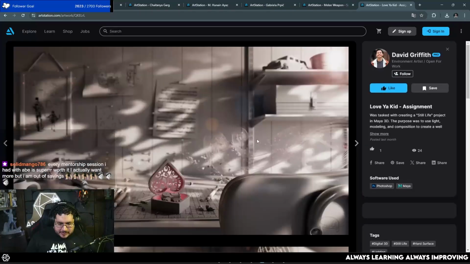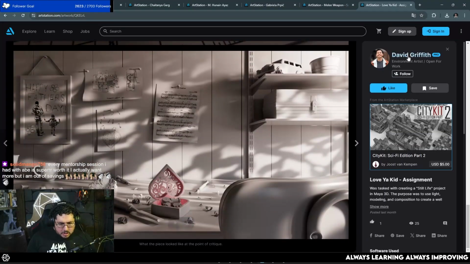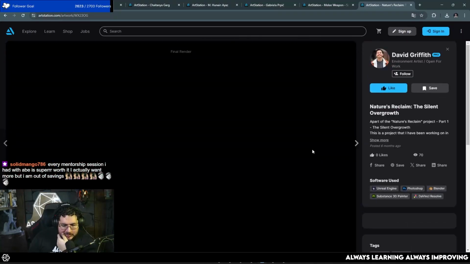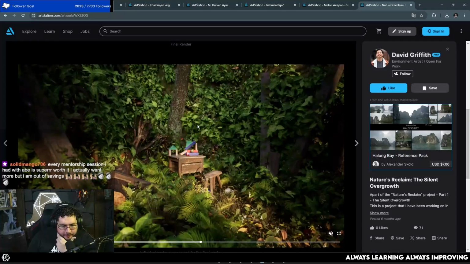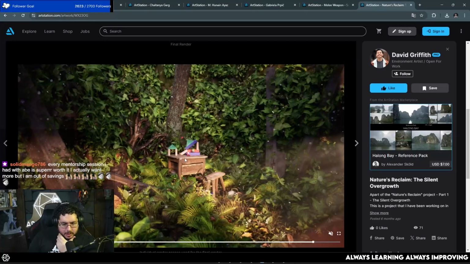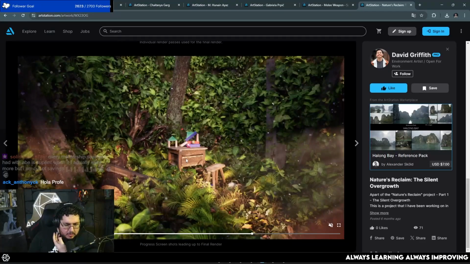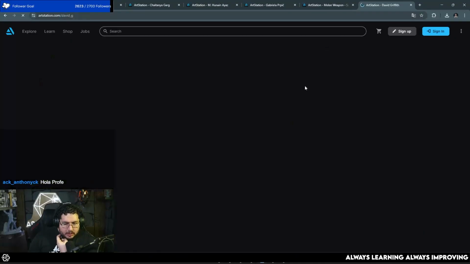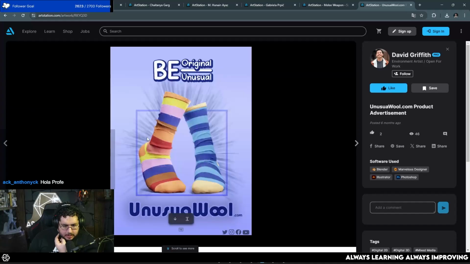Let's see. Yeah, this one looks interesting. I'm not sure, man. The problem is I'm not sure what I'm supposed to be looking at. It's a little bit too over the place, I would say. Because for instance, here you have some cool assets, but I wonder if you did those assets or not. Because I don't see it's a nice composition. It's an interesting storytelling, but in your particular case, it's not storytelling or composition that we're missing. It's a showcase of the